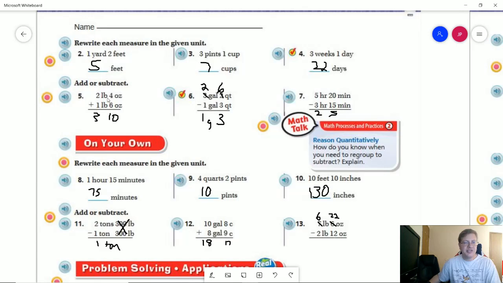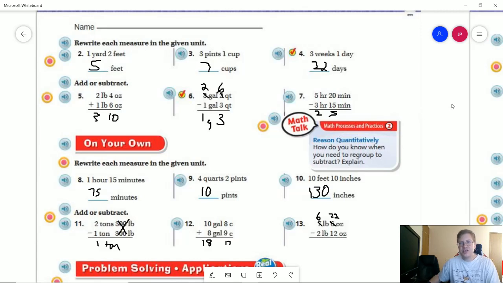For this one, I can just add straight up. I'm going to be smaller than my 16 ounces in a pound, so I don't have to worry about carrying a group of ounces over and changing it to a pound. For number 6, I do have to worry about regrouping, so I have 4 quarts in a gallon, so I'm going to take away a gallon, add 4 quarts to the 2 that I started with,